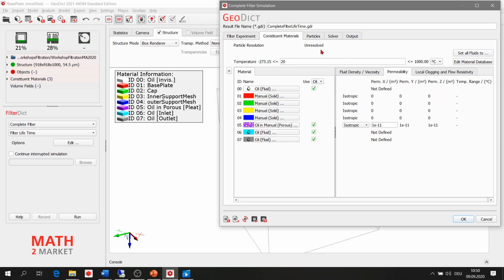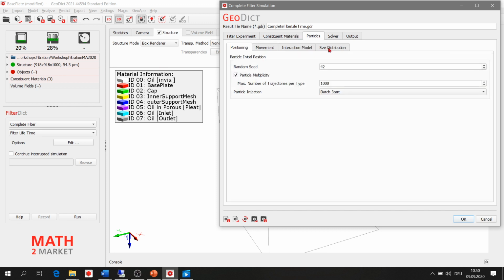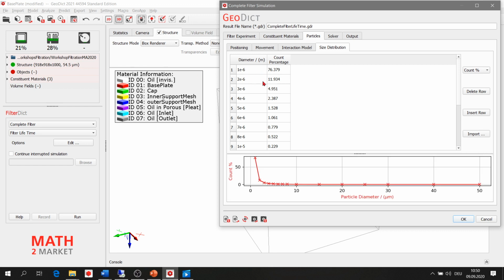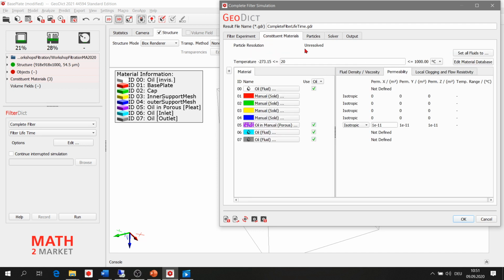And you can also see we have an unresolved case for the particle resolution, which in this case is automatically always unresolved for the complete filter simulation, because you always have quite big dimensions and considerably large voxel lengths, and you have particles which are considerably smaller than the voxel length, and that's why the particle resolution is selected as unresolved.